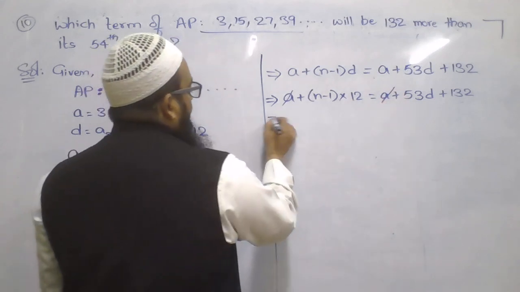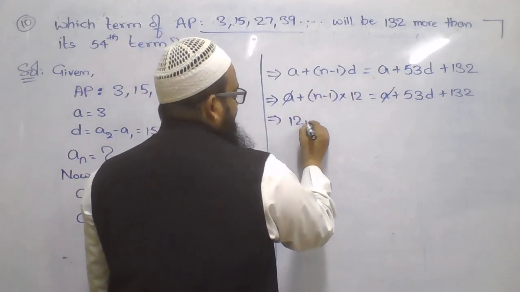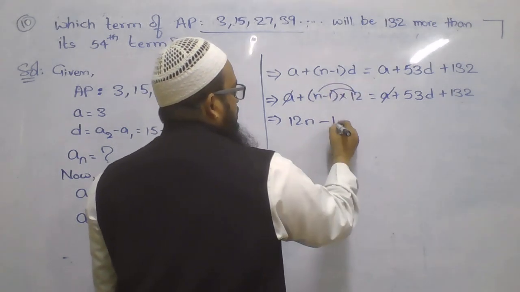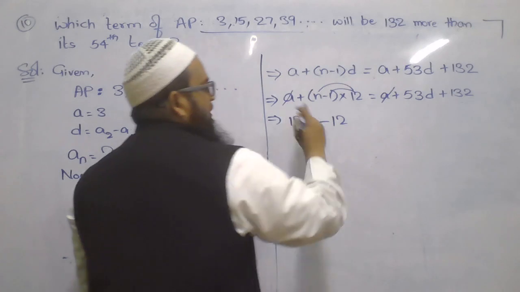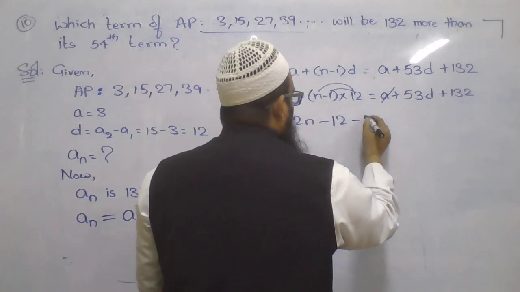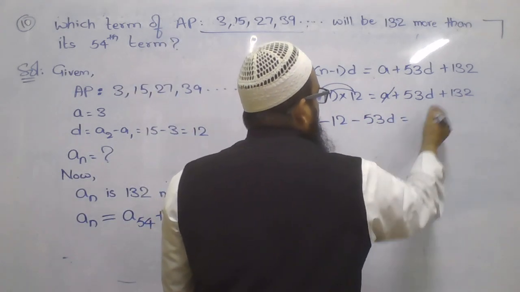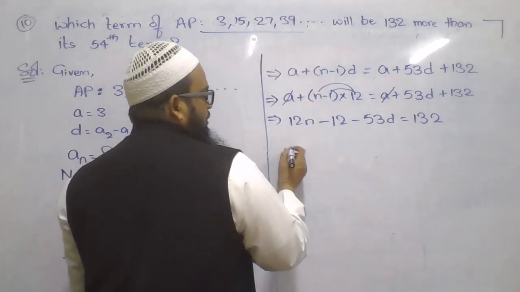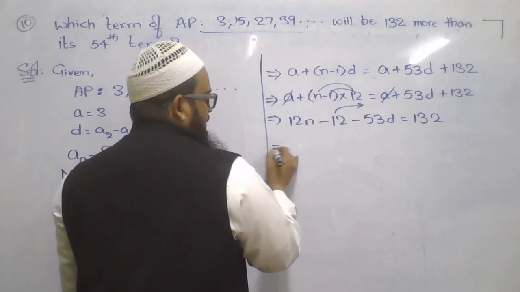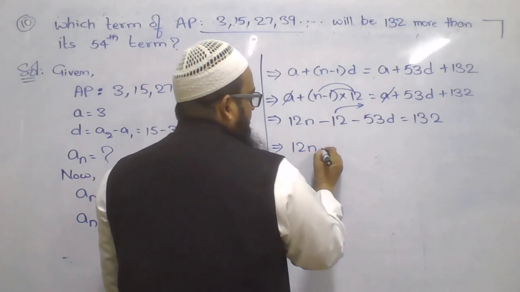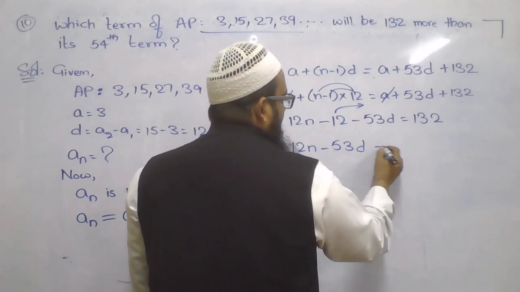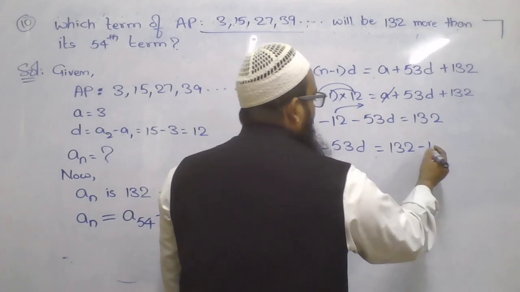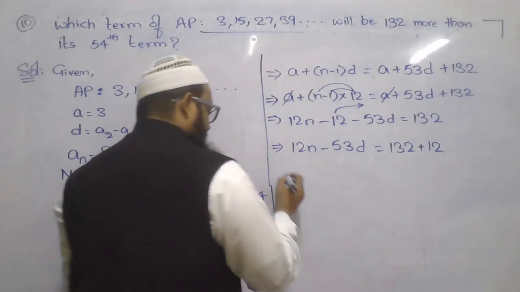Okay. Now 12n minus, you have to distribute it, right? 12 into 1, 12. And 53d transpose, minus 53d equals 132. Is it right? So minus 12 transpose that side. So 12n minus 53d equals, already we have 132. Minus 12 when you transpose, it will be plus 12. Now,